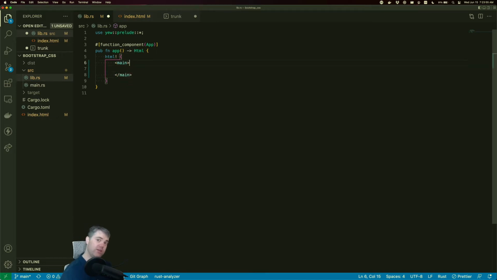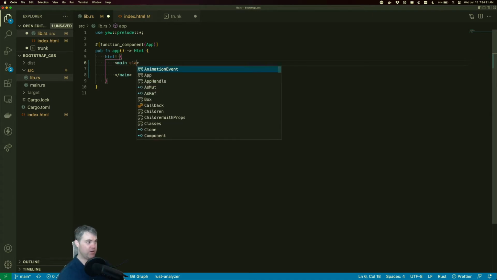Now, if you're not familiar with Bootstrap, basically, you interface with it through classes. Mainly, they have created a bunch of classes that you can use that then do lots of styling stuff. So one big part of Bootstrap is the grid system. And I don't necessarily mean CSS grid, although it can include that in the more modern versions of Bootstrap. So in this case, if I want to say class equals container,